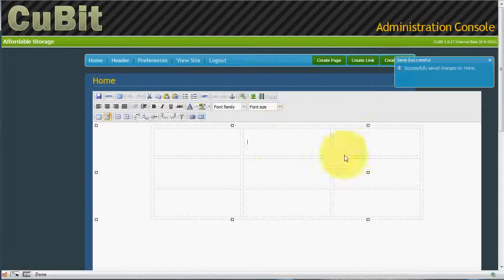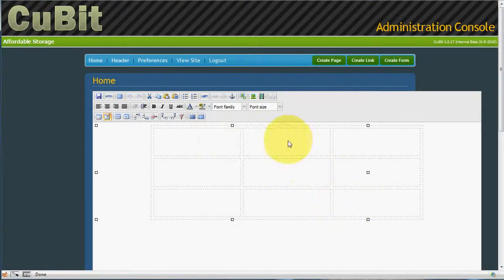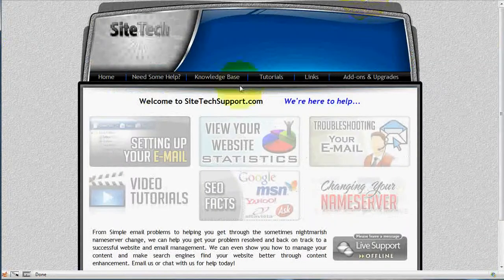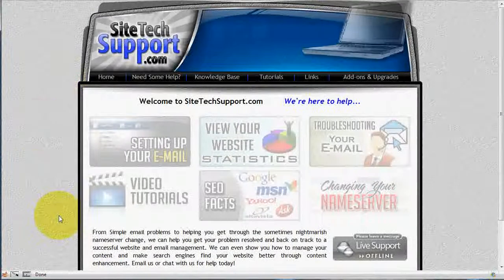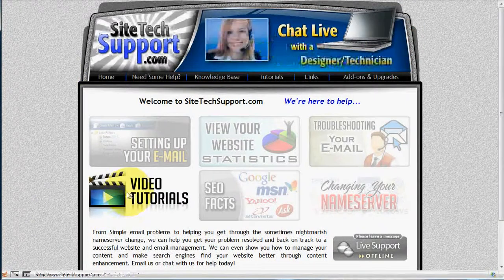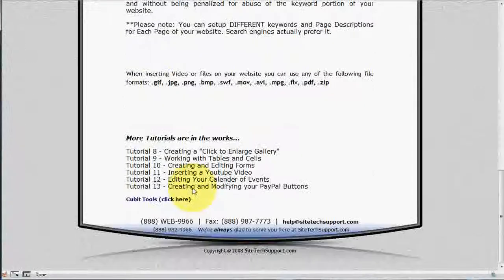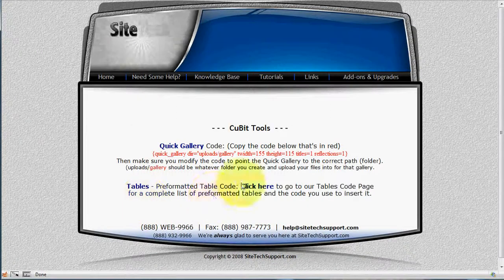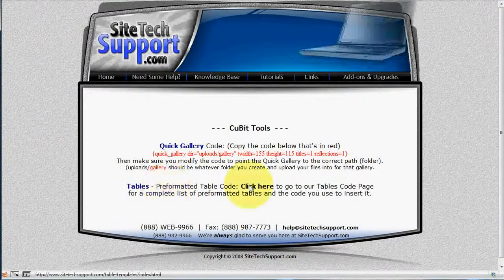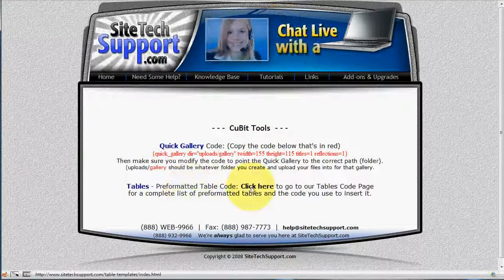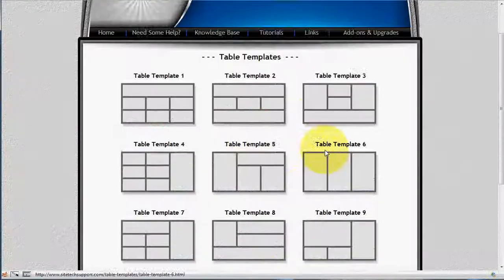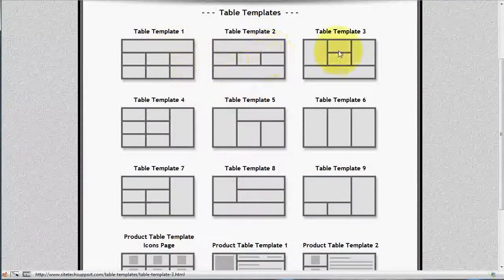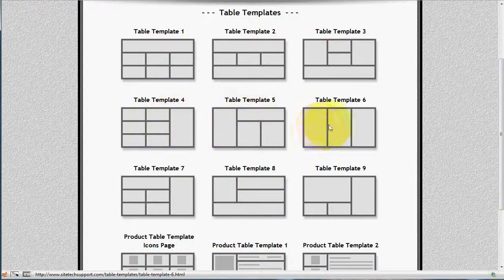So okay, now tables are a little difficult to work with if you're not really familiar with them. So for that reason, I've actually made some table templates. You'll find that at sitetechsupport.com. Just click on Video Tutorials, scroll to the bottom of the page, and click on CuBit Tools, and you'll see Tables, and then you can click here for pre-formatted table code. And on this page, I have little icons that show you how the tables will be formatted if you pick the format you want. I'm going to go ahead and pick the